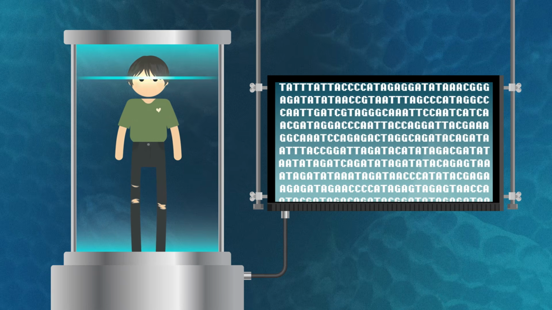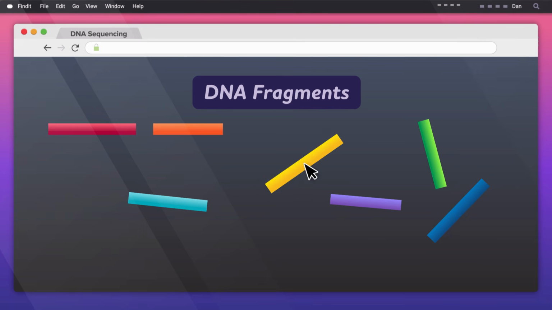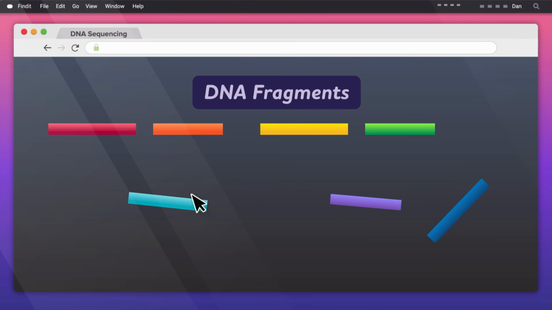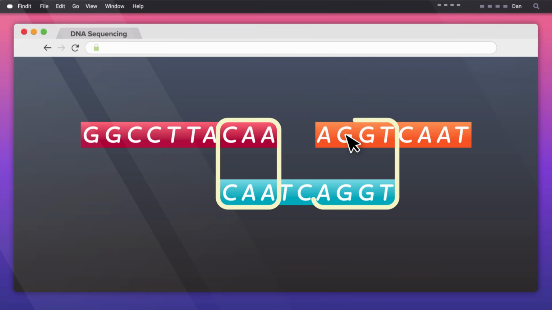We can only get it in small, overlapping chunks. But we can then use computers to organize those chunks and piece them together in the correct order, like assembling a jigsaw puzzle. But in the end, you get a complete data set, and unlike a puzzle, your cat can't knock that off the table.